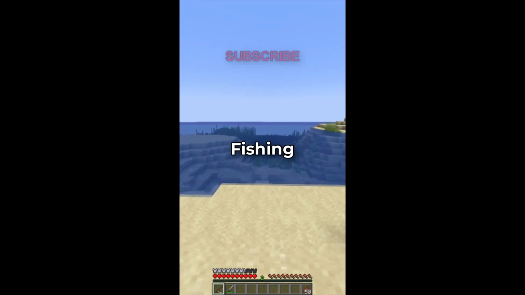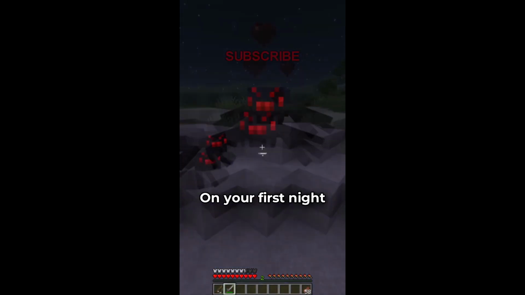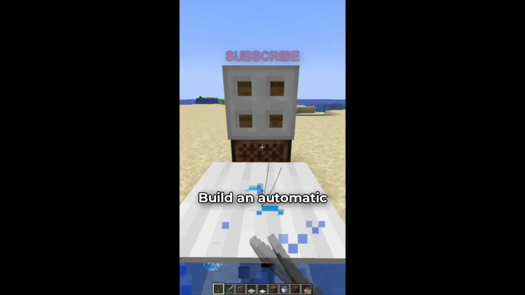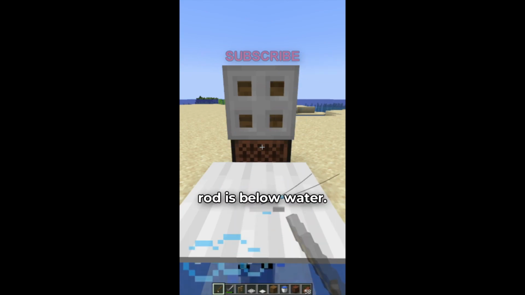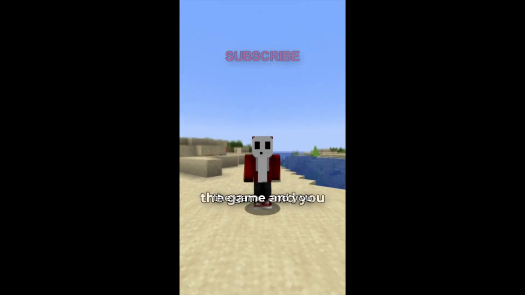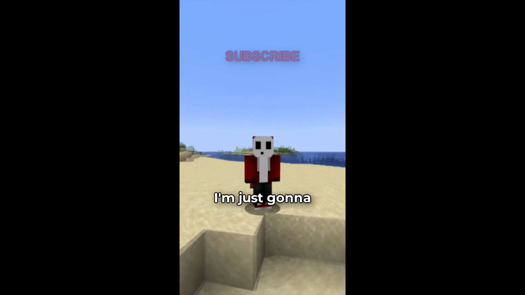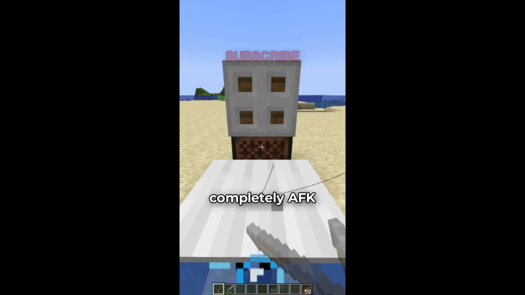Check it out. Fishing is probably one of the most underrated things you can do early game in Minecraft. On your first night, kill a few spiders and you'll have enough string for a fishing rod. Build an automatic fishing farm and get an auto clicker to right click for you when your rod is below water. If you're on the Bedrock version of the game and you can't get an auto clicker because you're on console, I'm just gonna be honest, you're out of luck. But if you're a PC gigachad, you can be completely AFK and get